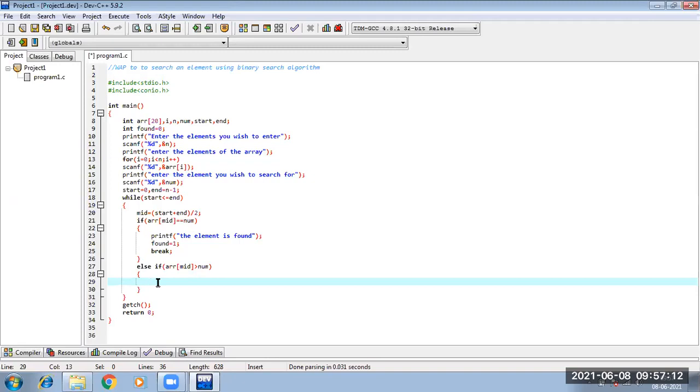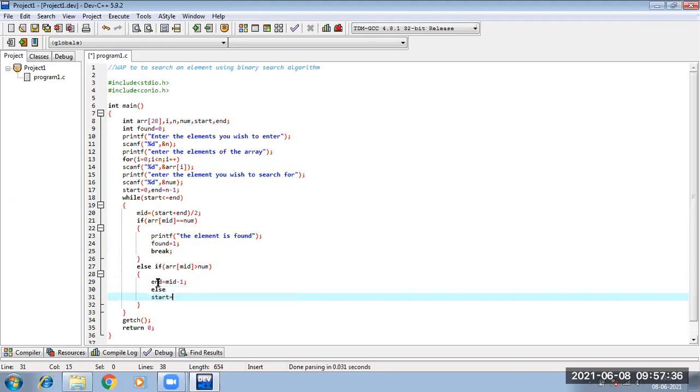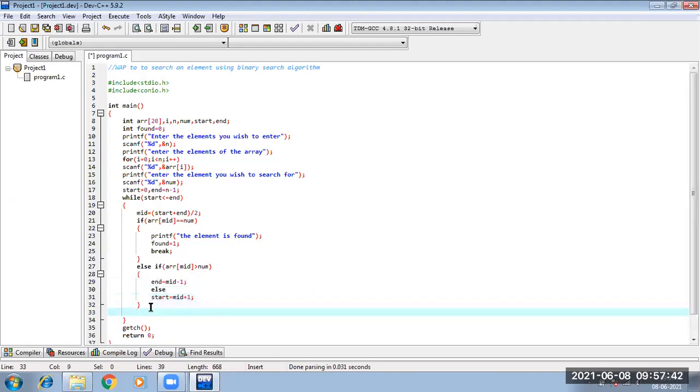Right side, left side? Left side. Mid minus 1. So end will be updated to mid minus 1, right? And if this is not the case, then start is updated to mid plus 1, right? So this was the thing.